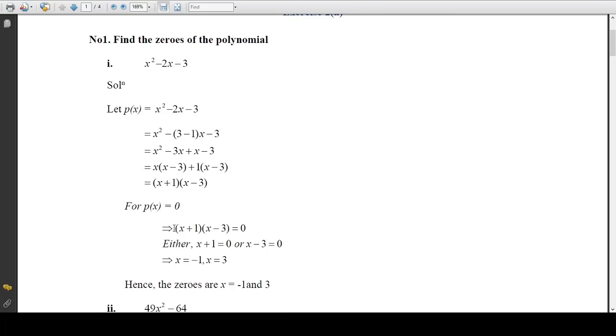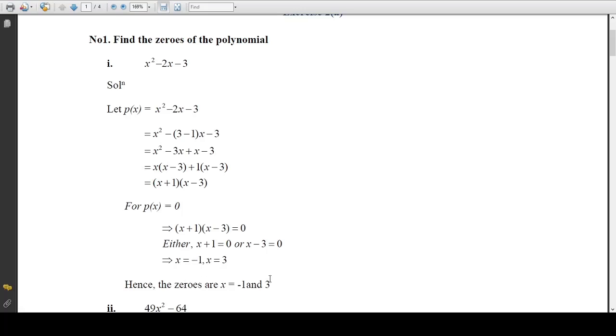Now if you multiply two factors and you are getting 0, that means either of them should be 0. Either x plus 1 should be 0 or x minus 3 should be 0. Now if x plus 1 is 0, taking 1 to the right side, x equals minus 1. And here minus 3 taking to the right side of the equal sign, x is equal to 3. Hence the zeros of the given polynomial are minus 1 and